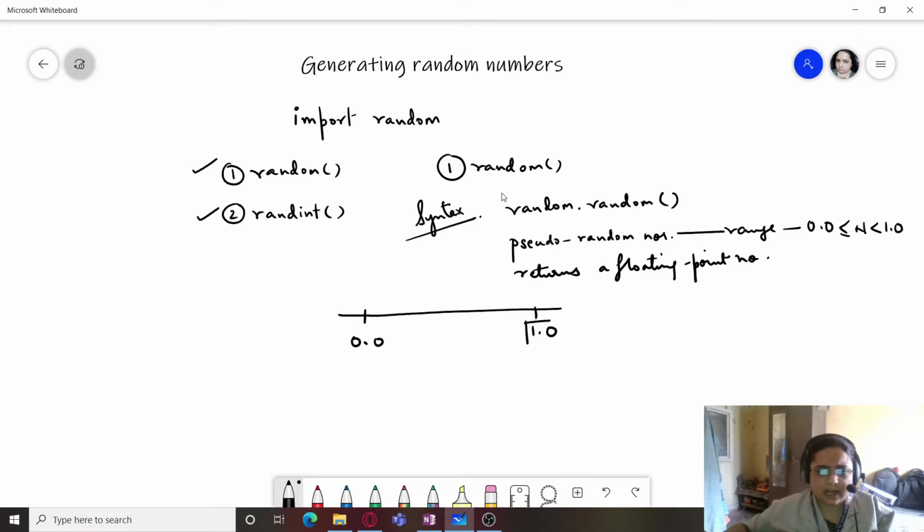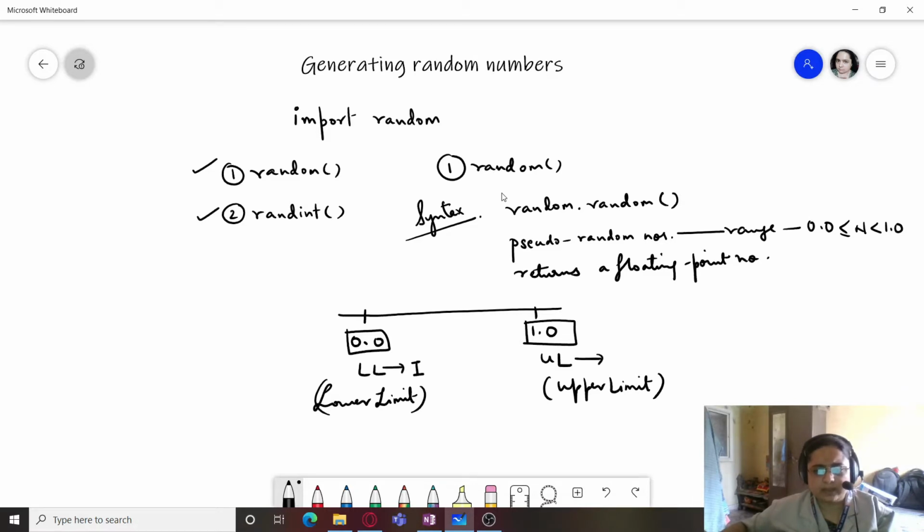Now this is known as the upper limit and this is known as the lower limit. The lower limit is included, but the upper limit is not included. So the numbers can be equal to 0.0, but they will always be less than 1.0.